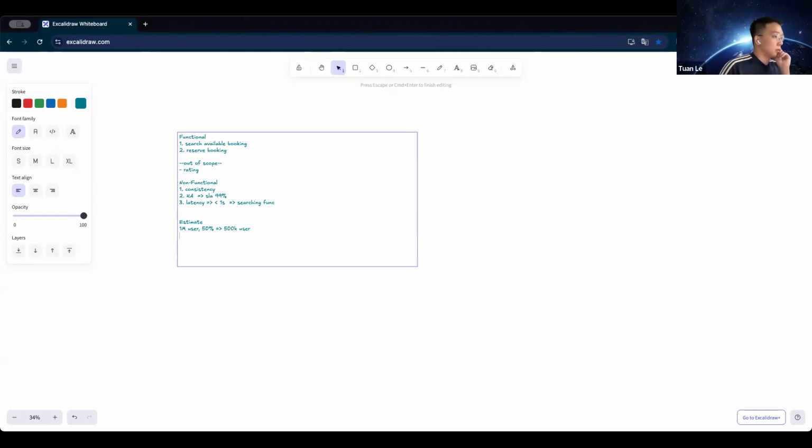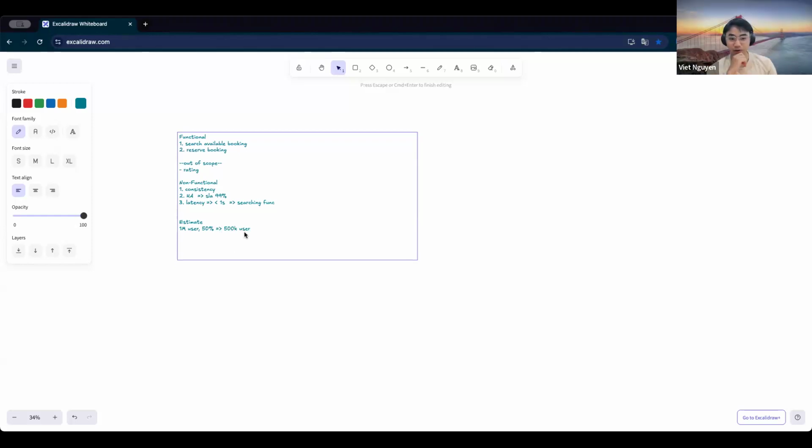And the total room, right? Can you tell me about total room? We have 500 hotel, and each hotel have 100 room.